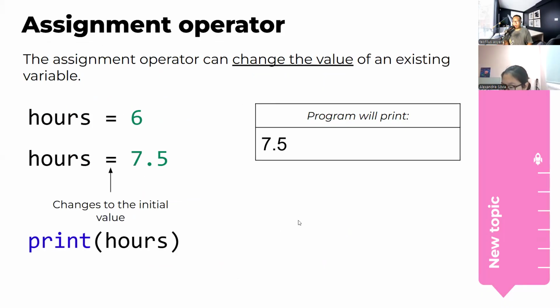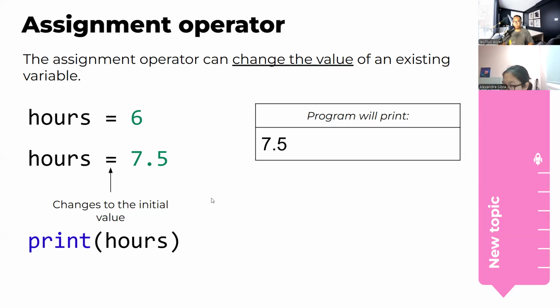So, as I already told you before, if you use the same variable name two times or maybe multiple times, it's always going to change the value to the latest one. So make sure that if you want to keep another item, you change the name of the variable into another name. Don't use the same name, okay?